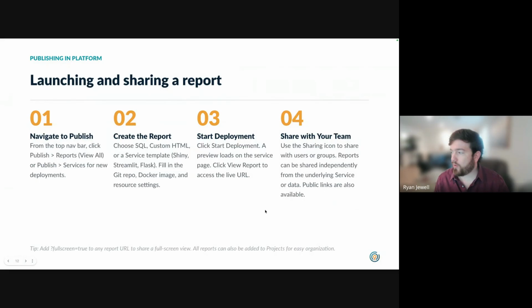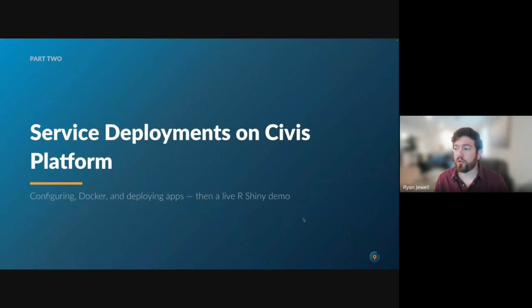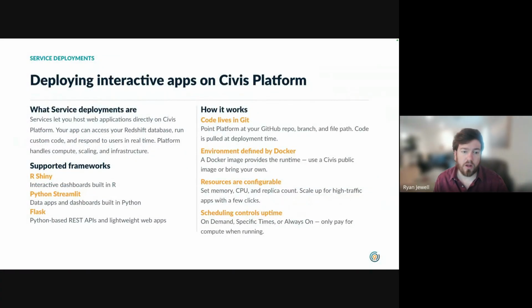Okay, so now we're going to cover the service deployments. Those are the Shiny, Streamlit, Flask apps, and we're going to do a little Shiny demo at the end of it. This slide covers deploying interactive apps known as service deployments, such as Shiny, Streamlit, and Flask on Civis Platform. You can have these apps hosted on other platforms outside of Civis while using Civis as your data warehouse and ETL pipeline. But in this instance, we're talking about hosting these apps directly on Civis Platform,